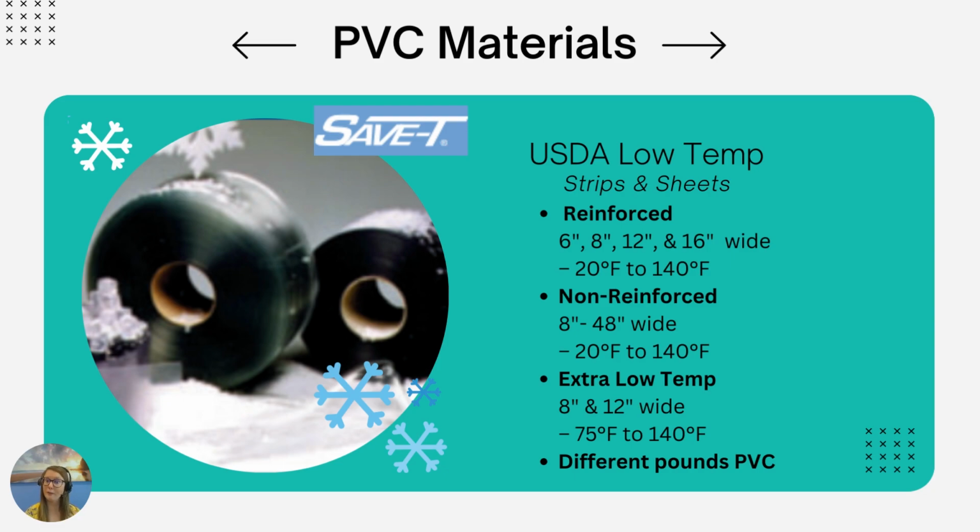This product is recommended for indoor and outdoor applications in temperatures ranging from minus 20 degrees Fahrenheit to 140 degrees Fahrenheit. Now, as we can see here as we work our way down, there is the extra low temperature that is rated for minus 75 degrees Fahrenheit to 140 degrees Fahrenheit. Now, there are different pounds in these PVC strips and sheets, so just reach out to us and we can work with you and work with Curtron to get you the poundage that you need. So there's going to be the reinforced and the non-reinforced along with that extra low temperature